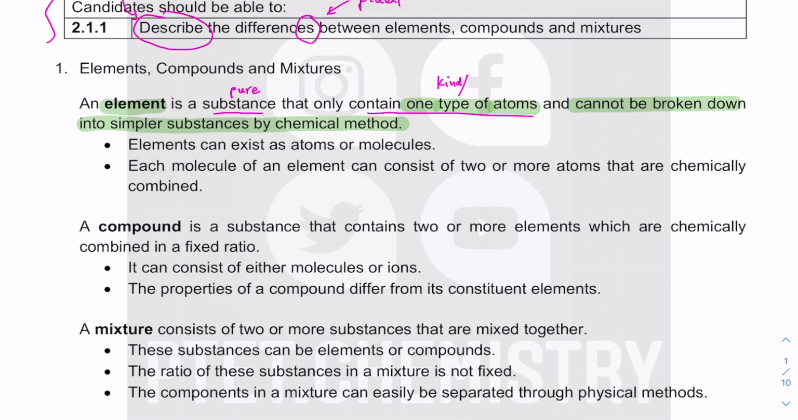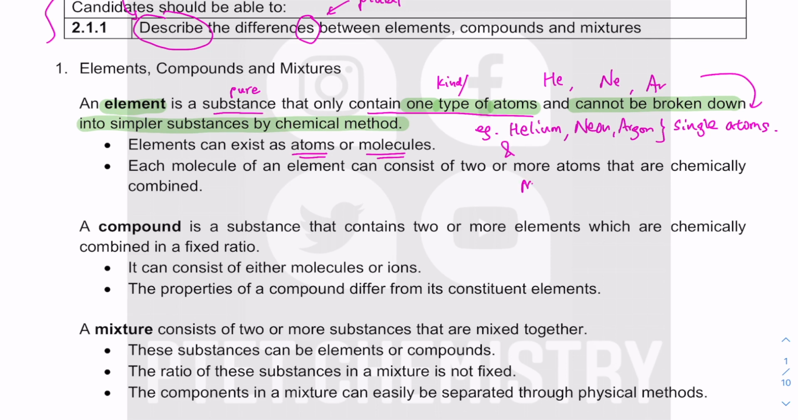So what is important is elements can exist as atoms or molecules. For example, helium, you see helium in the periodic table, neon, argon. These are all existing as single atoms. In reality, they all exist as helium, neon, and argon, single atom. So only one atom, individual atom. So that is an element. But you also get things like nitrogen,